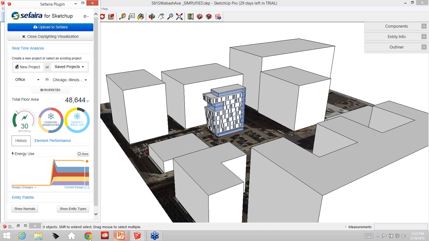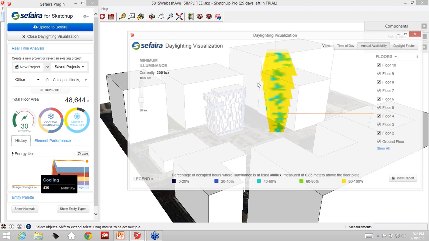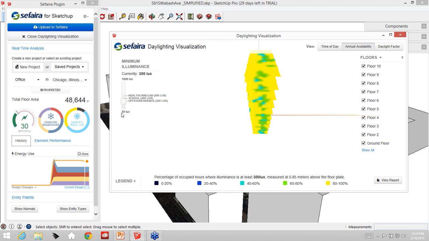With that, I'll just quickly show you daylight visualization just to get a sense of what it is that we'll look at. I'll go over this in a later section. But this is basically the introduction to the Sefaira Analysis plugin and what you can get out of it and what you should be looking at as you build and analyze. So with that, we've covered context and we've covered analysis tools. I'd like to move forward now and talk a little bit about